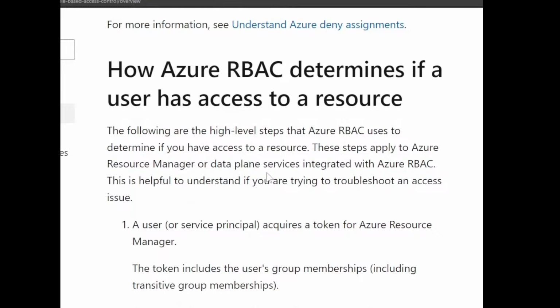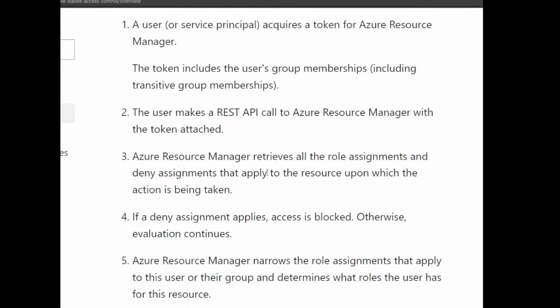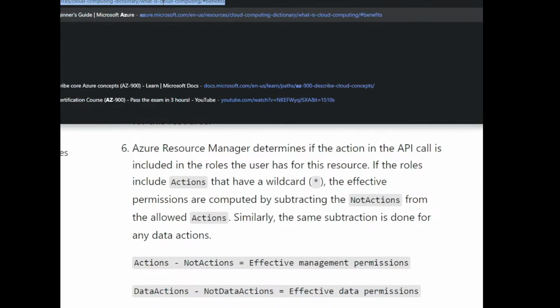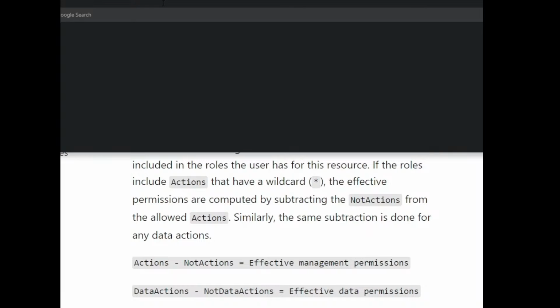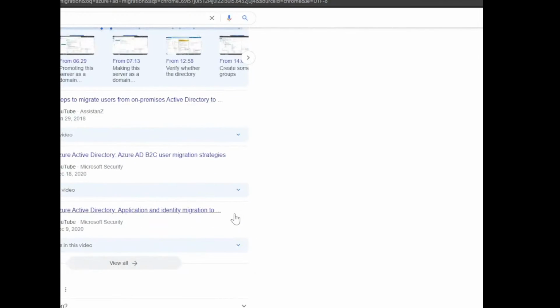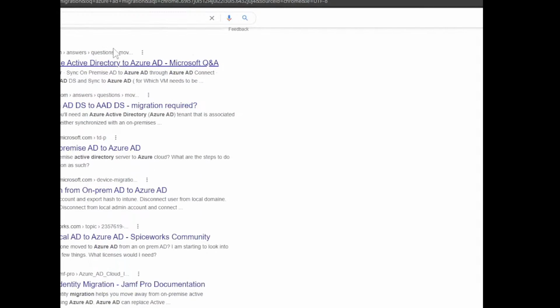How Azure RBAC determines if a user has access to the resource? Medyo mahirap ah.